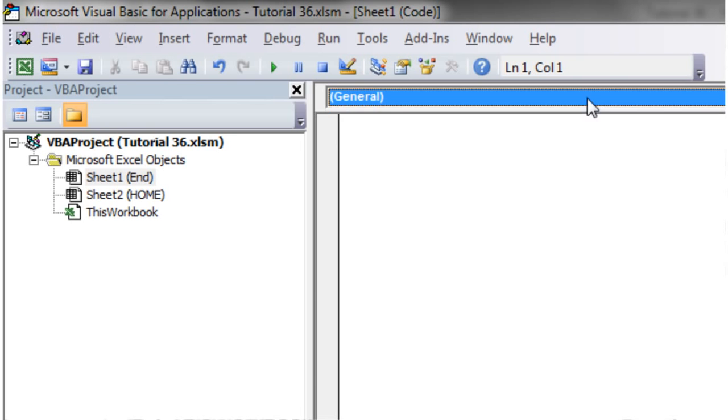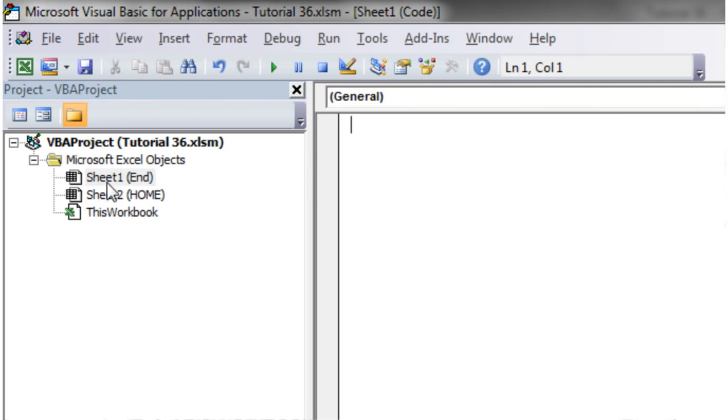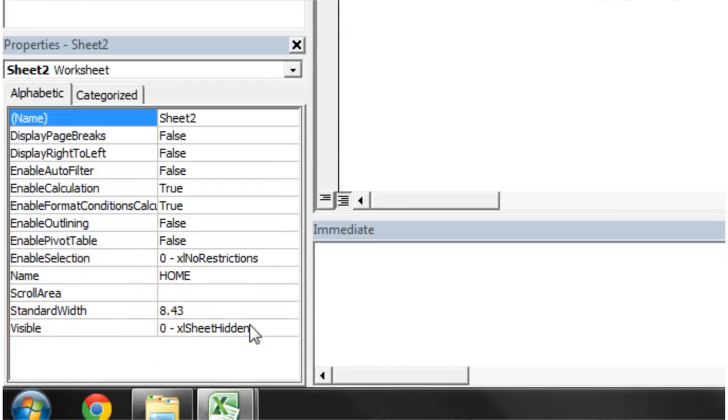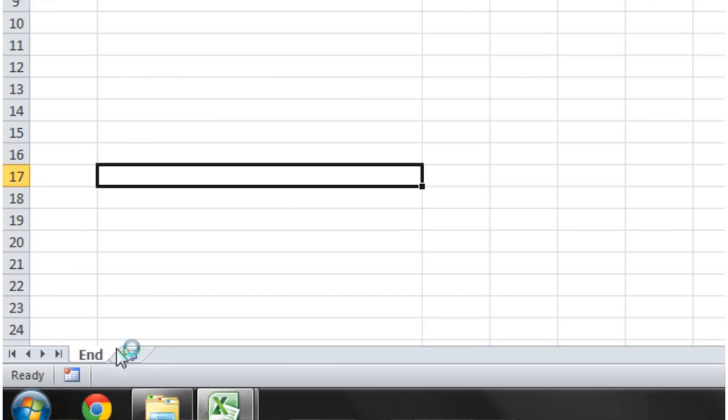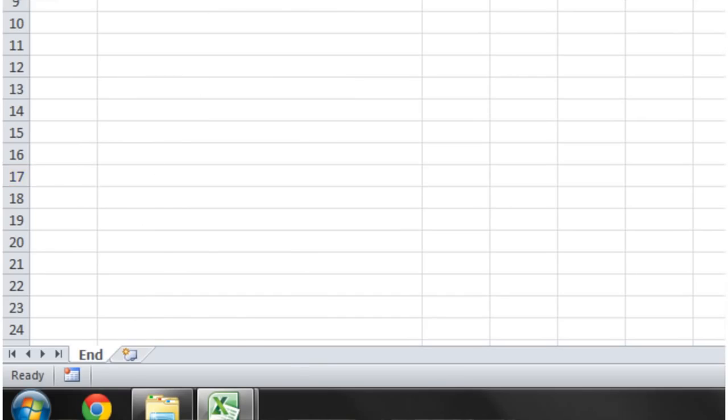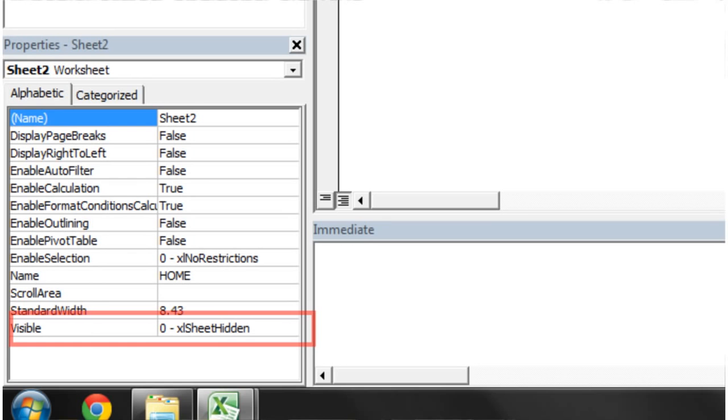I've got two worksheets here, one called end and one called home. The home one, if you look in the properties under visible, you'll notice it's hidden, and if we go in here, you can't actually see it. So what this code is going to do is unhide